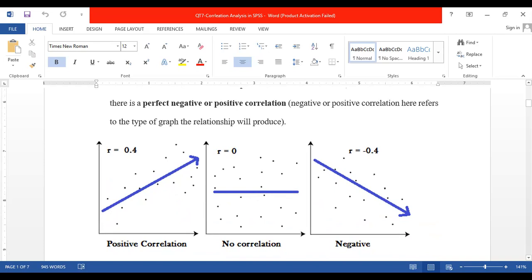In case the value of R is 0.4, it shows an upward, positive correlation. And when the value of Pearson R is equal to minus 0.4, it shows a negative correlation.